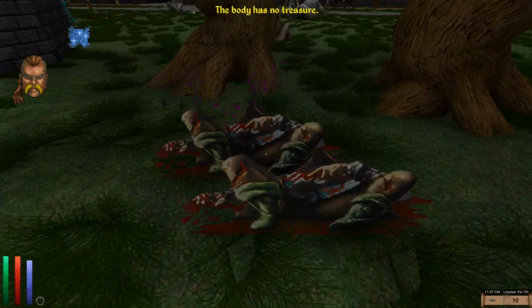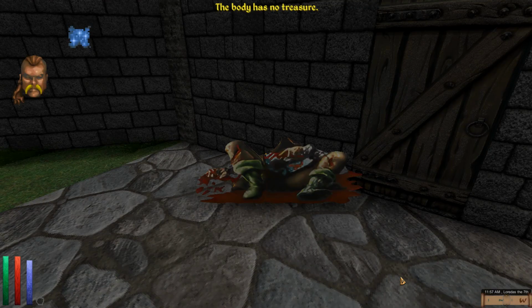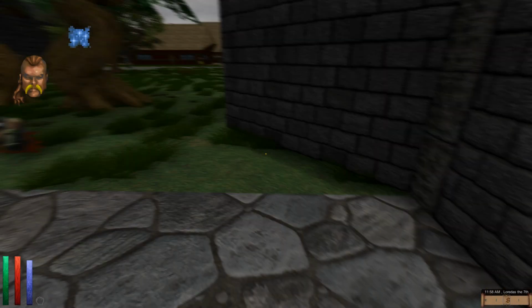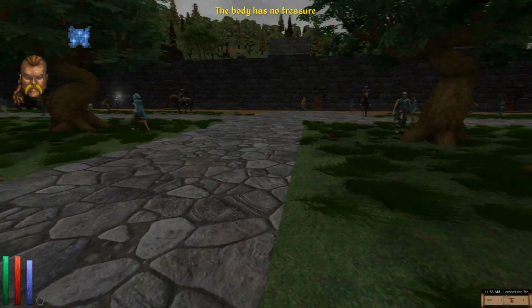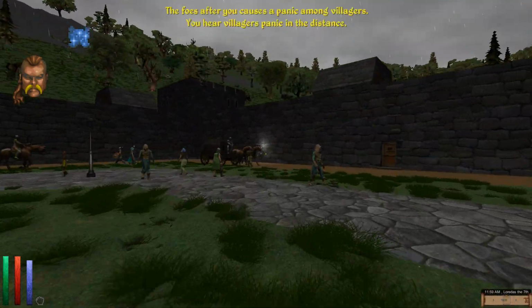Right. Why are you all still panicking? The fight's over. Relax. Wait, what is this? Okay, there we go. Iron longbow, I see. Okay, I think that was everyone. If you see that little light by the guard's head, by the way, that's also...